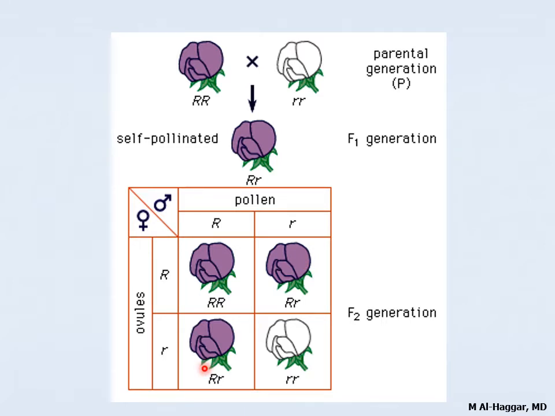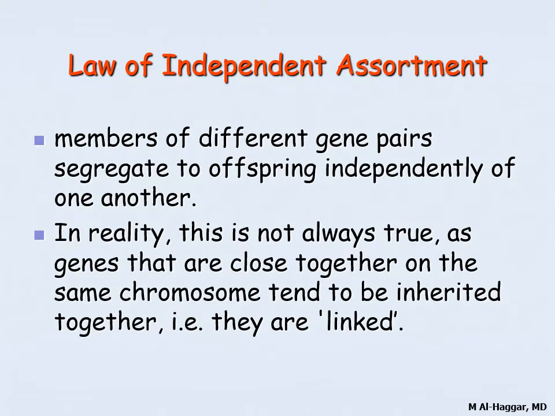So we have two phenotypes, white and violet, but three genotypes. He said that there is a dominant and a recessive character. So violet is dominant over white. R capital is for violet and R small for white, and the white doesn't appear except in